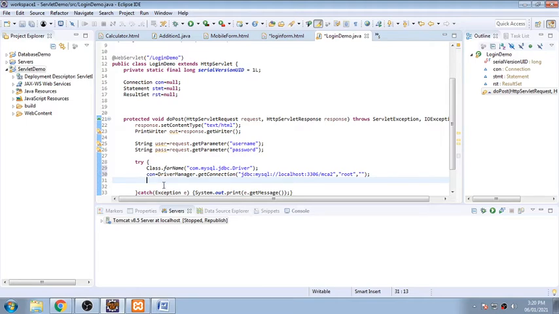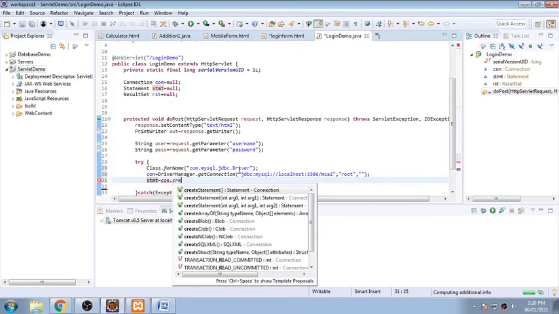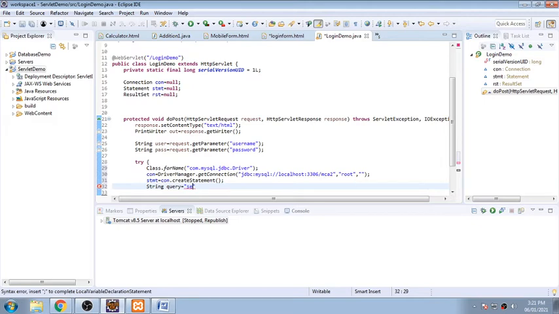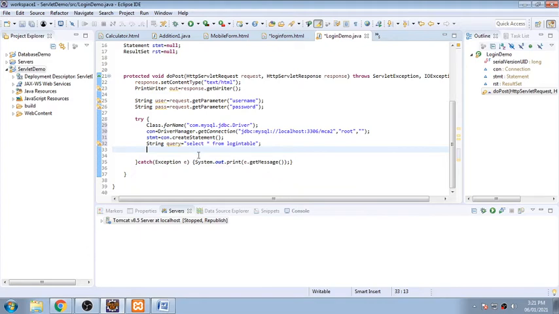Now I need to specify the statement. I need to start with Statement, stmt is the name of my object, is equal to con dot createStatement. So now the statement is created. Now I need to fire a query. So String query. The query needs to be specified in double quotes. So select star from login table. So this name I have given, login table, and this query is ready.